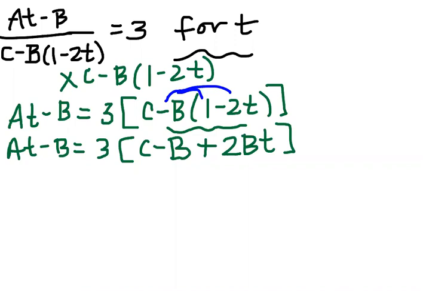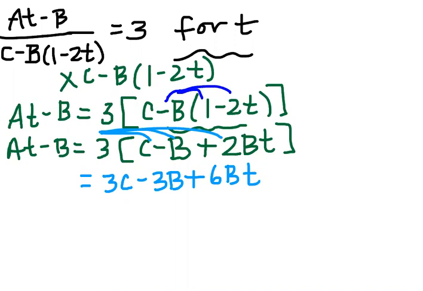So we're going to take that 3 on the outside and distribute it to all 3 terms inside there. What that will look like is 3c minus 3b plus 6bt, and the left side is still at minus b. Again, keep in mind that the idea is we solve for t, and currently there are 2 terms that have t in them, so I'm going to put them on the same side. So I'm going to subtract the 6bt